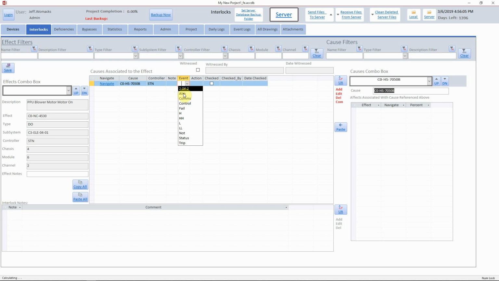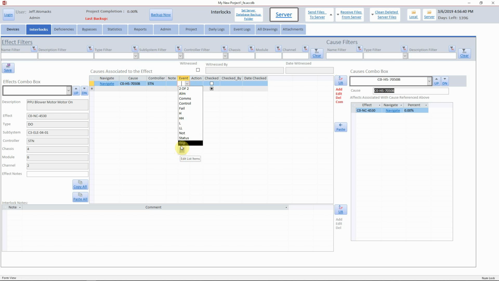So what that does is allows me to set up all the, if it's a low, it's basically the same if it's like a PSLL for a switch, or a PAHH for an analog value, or it's a low, and so on. If it's an alarm based on alarm event, or a 2 of 2, meaning it's a combination of two things that have to happen, you can add any one of these. And once I save this and go back to here,